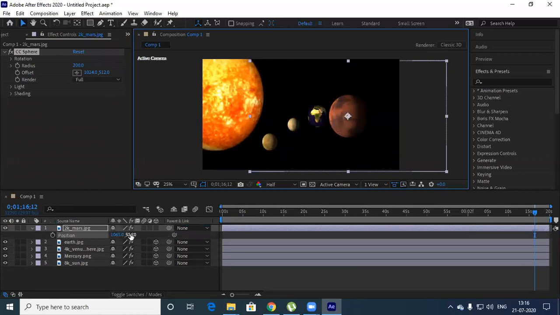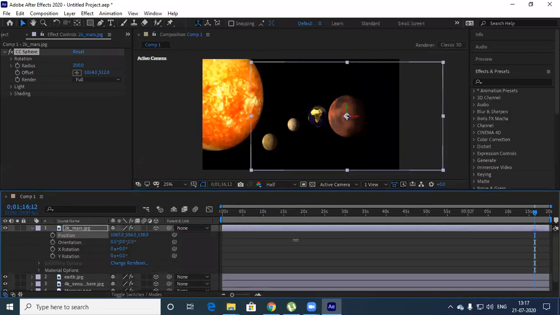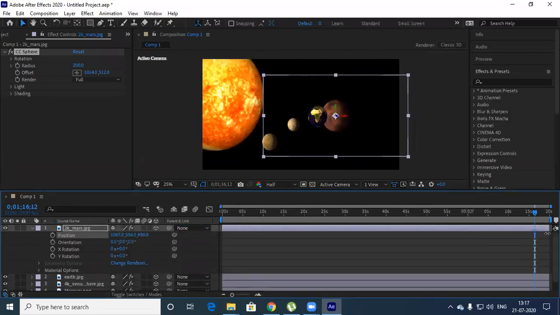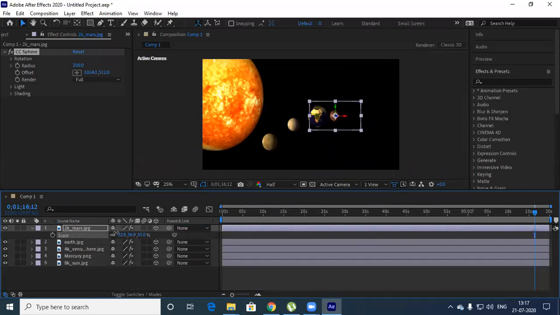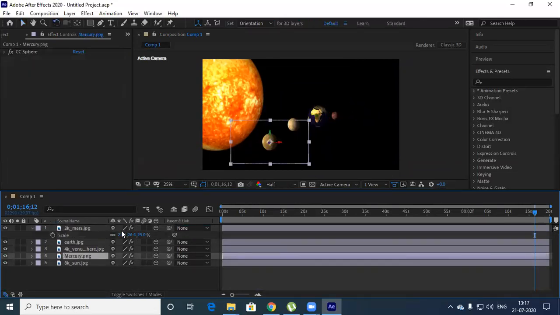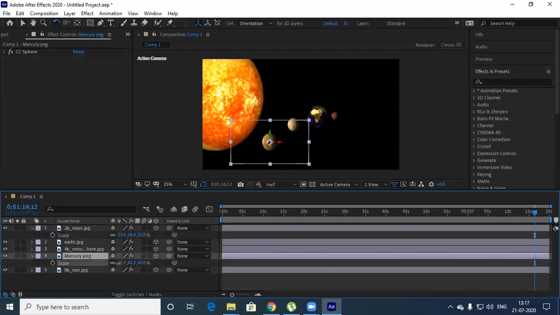So position. Okay, first turn on this 3D layer. This should go a little bit away from Earth and reduce the size of this. Mars is like this. Okay, the Mercury size also should be smaller.